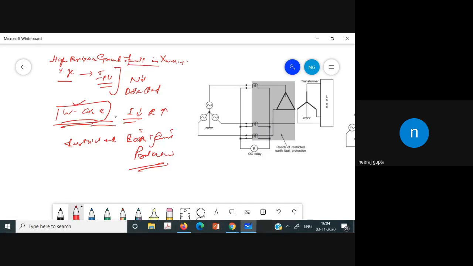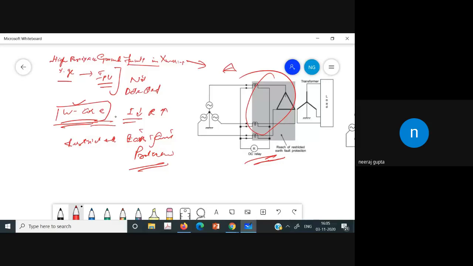So, high resistance ground fault on the delta side. Now, from this we see that if, let us suppose, the fault occurs on the star side, then the current flows in the lines connected to the delta side in such a way that no spill current will result through the relay, and as a result the reach of this relay is automatically restricted to this area only. It is also independent of the load current.